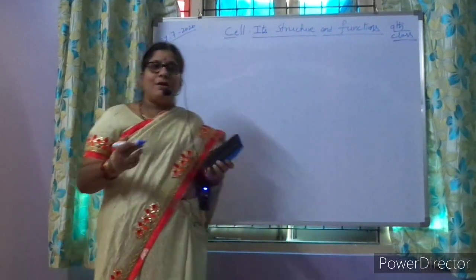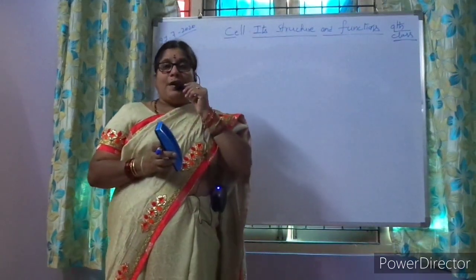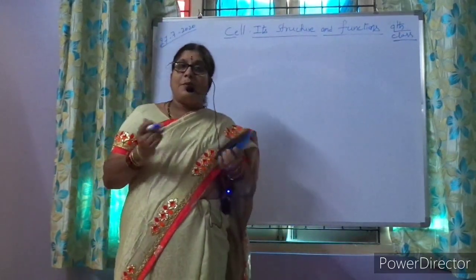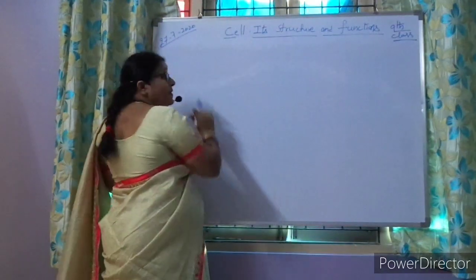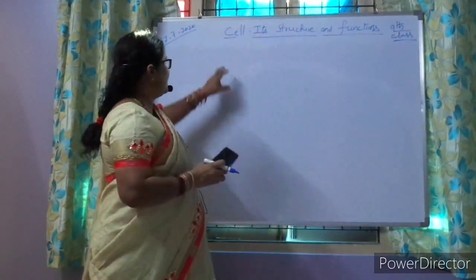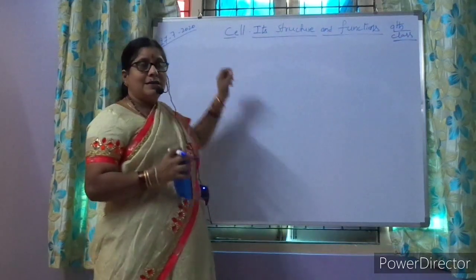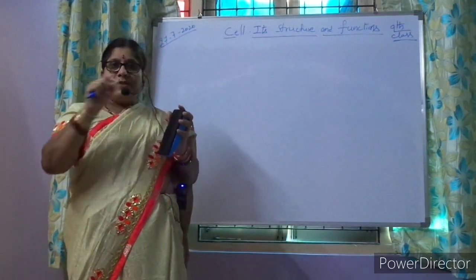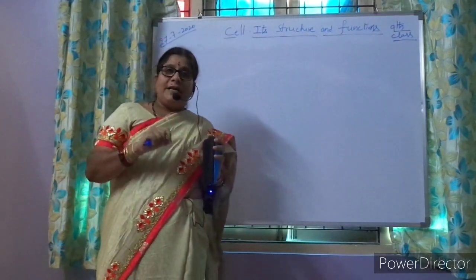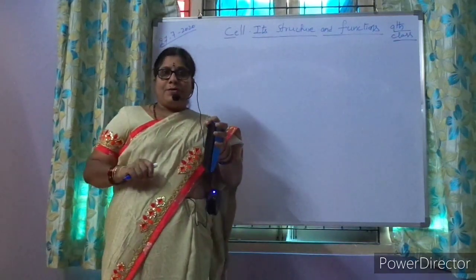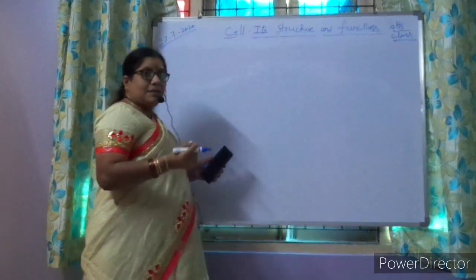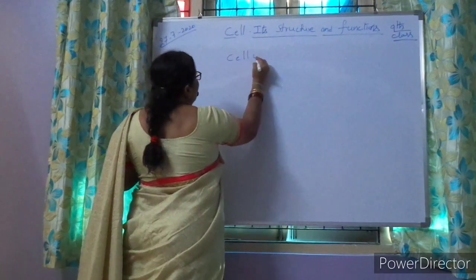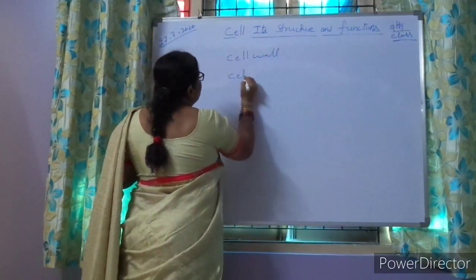Now in the 8th class you have learned some activities, and how they make you understand the different parts. That onion peel activity, children, do you remember? I think you remember it. We take an onion and remove the outer peel, and if we cut it, a transparent layer we can observe, and that is called cell membrane. Suppose we take any leaf and tear it in one stroke, we observe a layer, and that is the cell wall. Now we are going to discuss the cell wall and cell membrane.